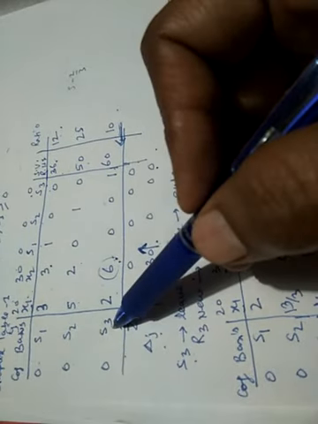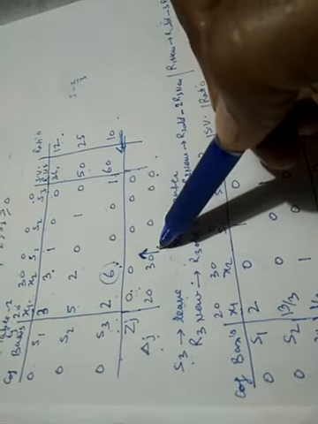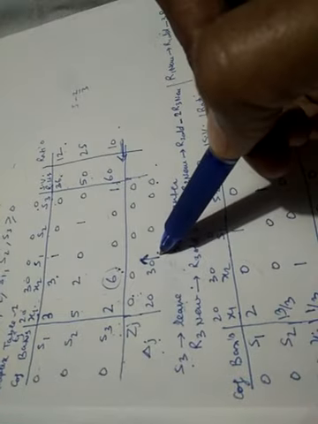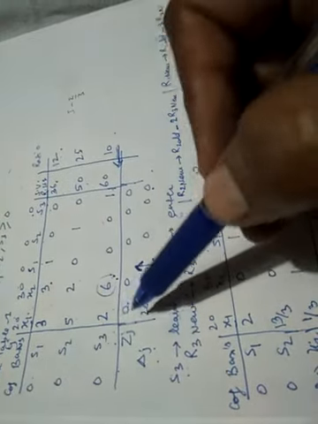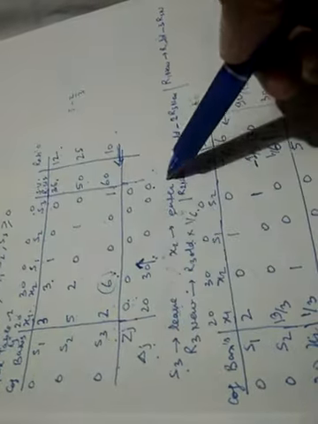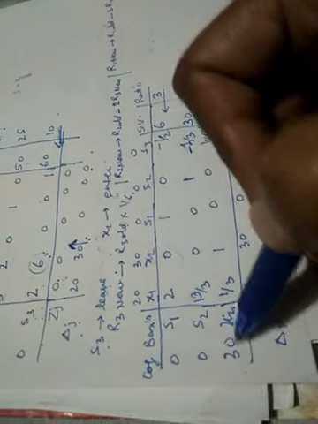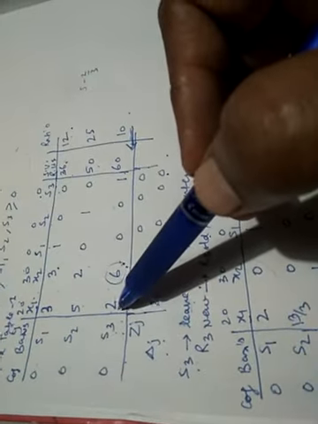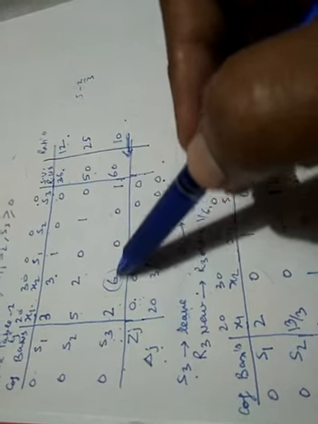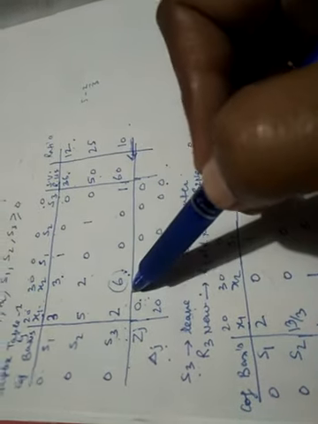Variable corresponding to key row will be replaced by variable of key column. You can say s3 will leave and x2 will enter. So s3 will be replaced by x2 with coefficient. Right? Now second thing is that in this key row, the key element will be made 1 by dividing key